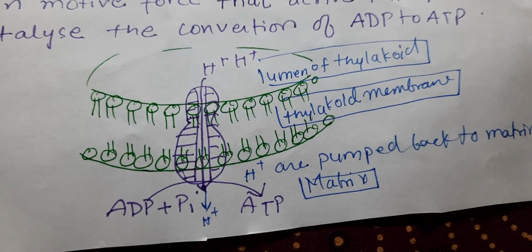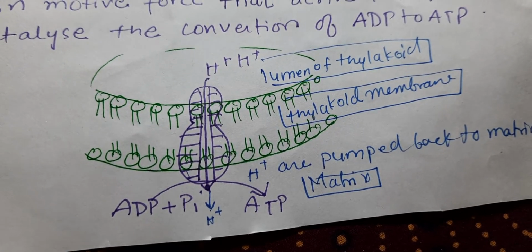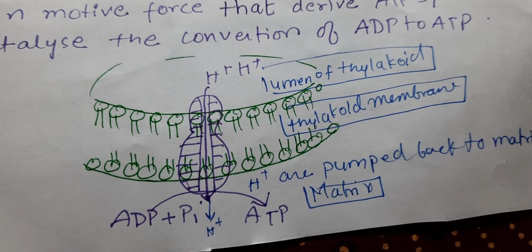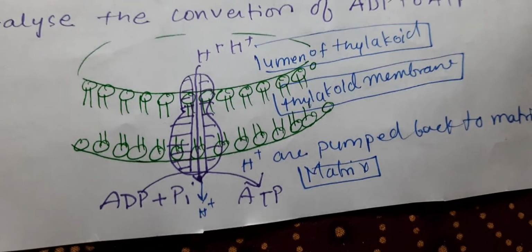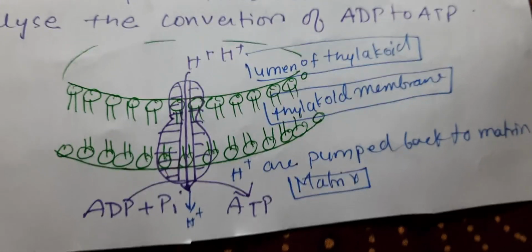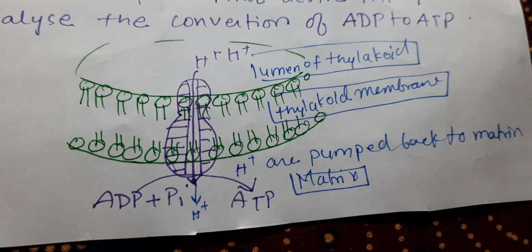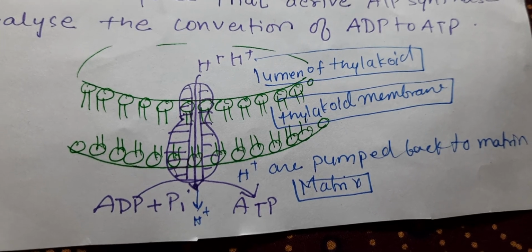So here you can say ATP synthase pumps the protons back from the lumen across the membrane to the stroma. Okay, so during this process the ADP is converted to ATP,